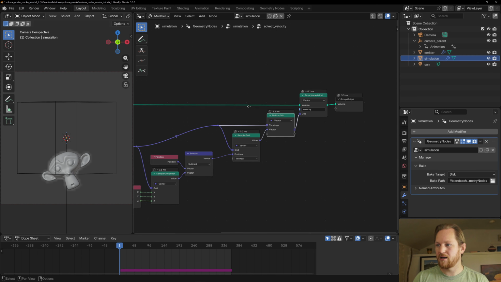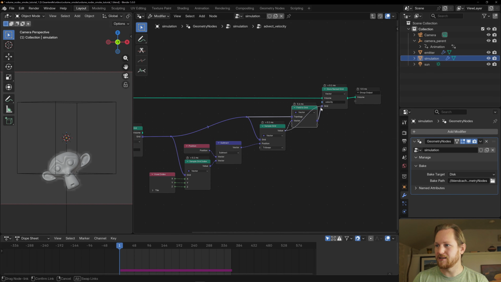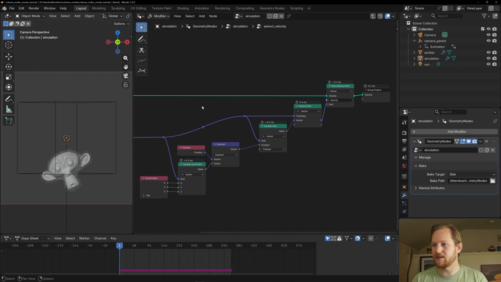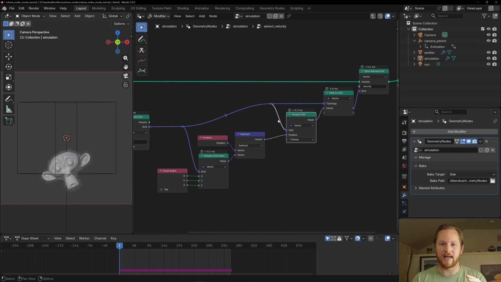And then we're using the field to grid node. I don't even know if we actually need this. We definitely do. That is because we have a field from the sampling of the grid, so we're not existing just in grid space. Geometry nodes, the way they've implemented this, does some implicit conversions, but it doesn't